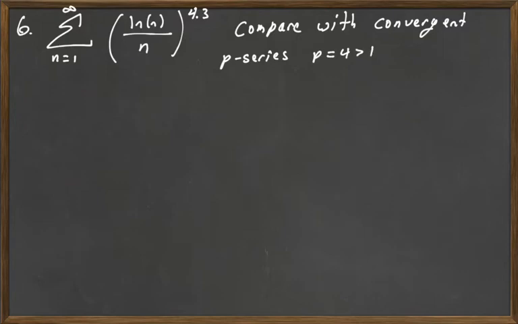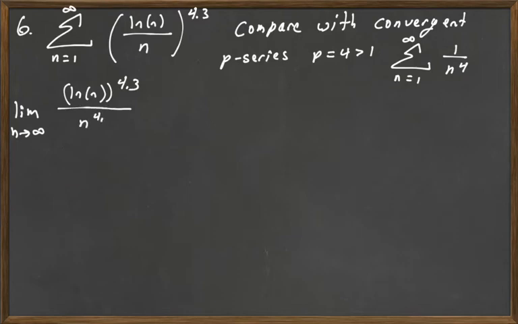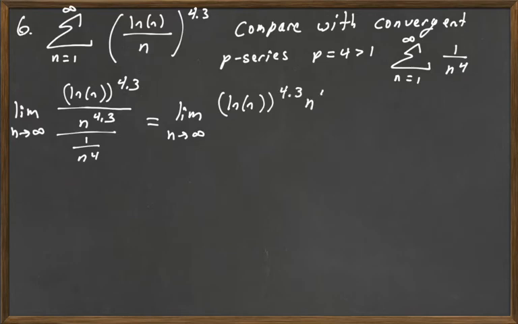P is equal to 4, that's greater than 1, and so that means this is a convergent p-series. And so we're going to be looking to do the limit comparison test on this thing. So we're going to look at the limit as n goes to infinity of the natural log of n over n to the 4.3 divided by 1 over n to the fourth. That's going to be the limit as n goes to infinity of the natural log of n over n to the 4.3, and then n to the fourth, because we take the reciprocal and change the operation to multiplication, that 1 over n to the fourth we're dividing by,